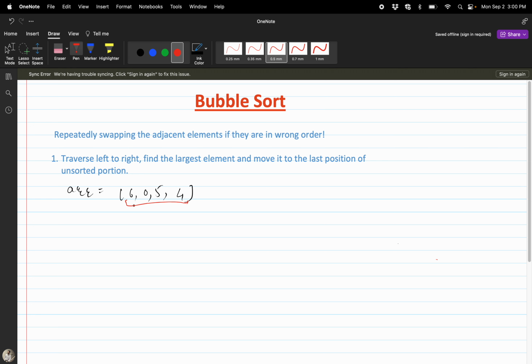position. How can we find the largest element? By comparing the adjacent elements and seeing if they are in wrong order. If they are in wrong order, we'll swap these two elements. 6, 0 are adjacent elements, and yes, they are in wrong order. They are not in ascending order, so we will swap these two elements and the array will become 0, 6,